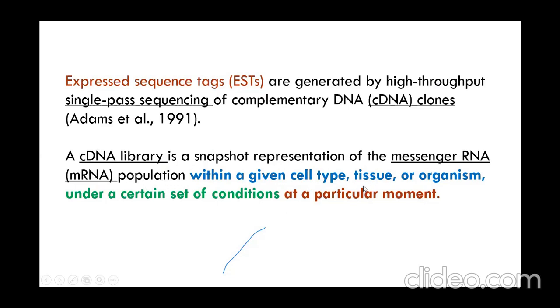The messenger RNA population can change within a given cell type, from brain cell to tissue, in eye development versus brain development, hand development versus leg development; the mRNA molecules are different because different proteins are there. At the same time, it changes from tissue to tissue, from lymphoid organ to nervous system. It changes from organism to organism phylogenetically, and also under certain sets of conditions of a particular type.